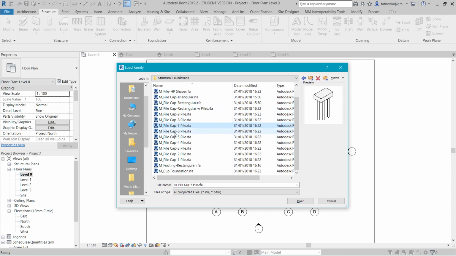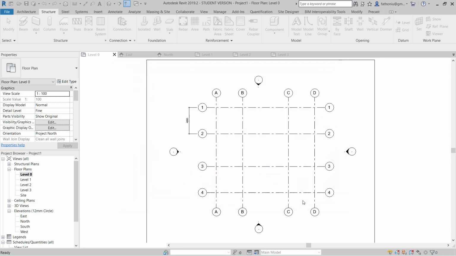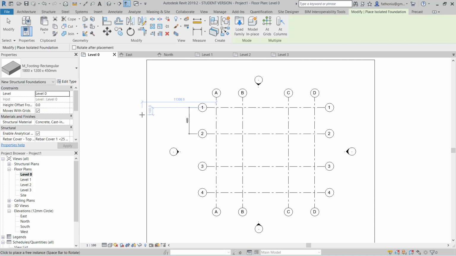I will use the M footing rectangular .rfa Revit family, then press open, and then the family of rectangular footing will be listed